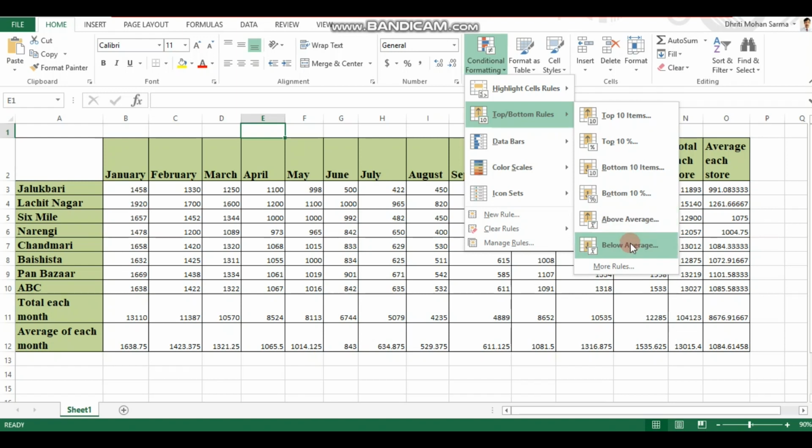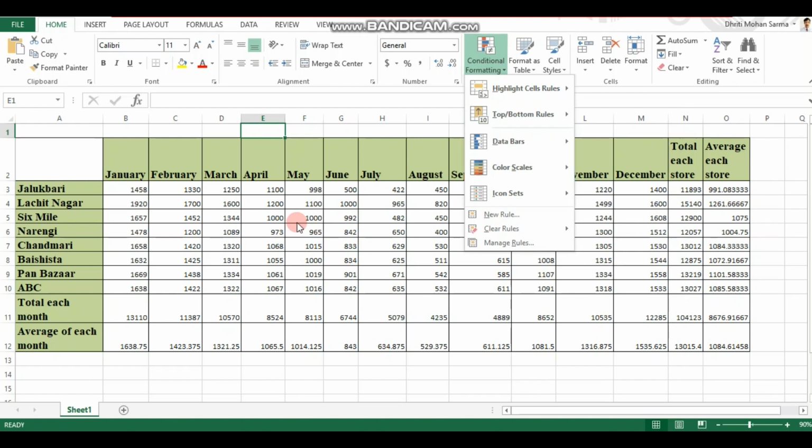Similarly for the below average option: the average of the selected range of cells is calculated, and the cells that have a value below that average are selected. That's how it's done, and that's why, as I said in the previous video also, you should be very careful while selecting the range of cells when applying any of this conditional formatting.